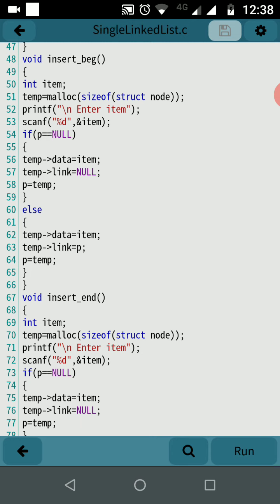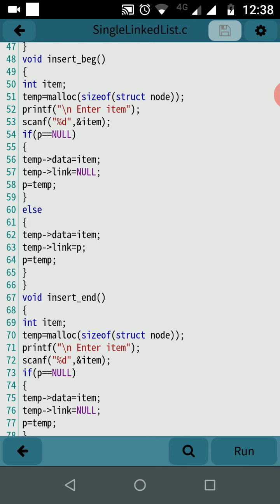We are inserting it at the beginning, but if the list is empty, that means if p is equal to null, then we have to insert its data, the item which is given by the user, and the link part of that temporary we have to fill up with the null value.